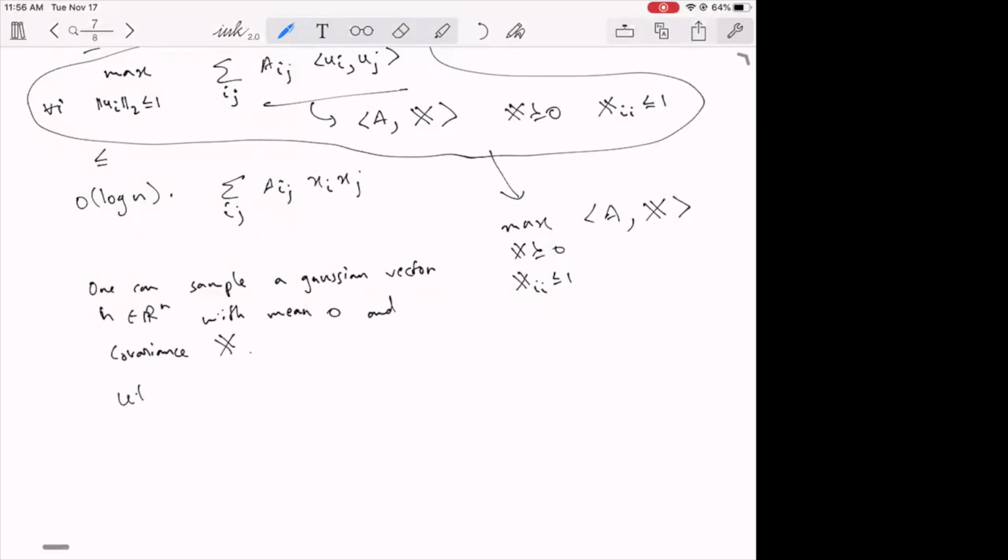So let G1 through Gn be IID Gaussians. And then you just take Hi to be equal to the inner product of